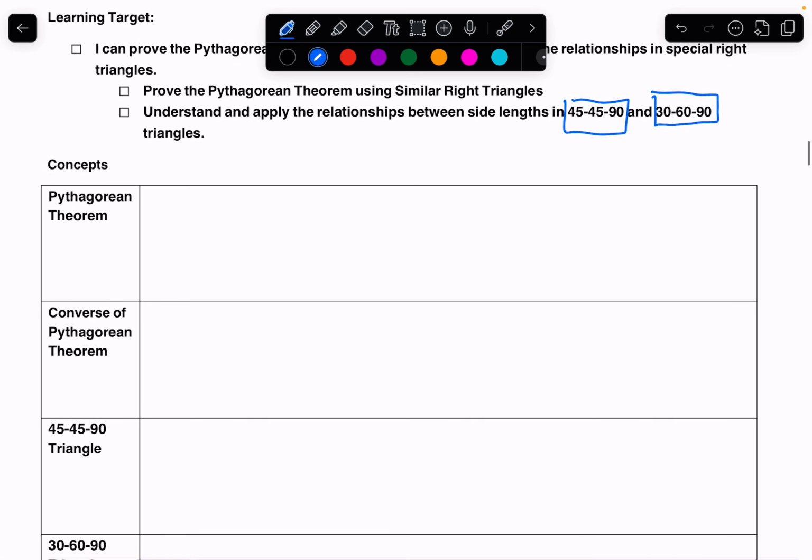So, of course, with the Pythagorean theorem, we know that that is going to be a squared plus b squared equals c squared. And we know that it means if we have a right triangle, this will be the relationship of the side lengths. However, there is also,